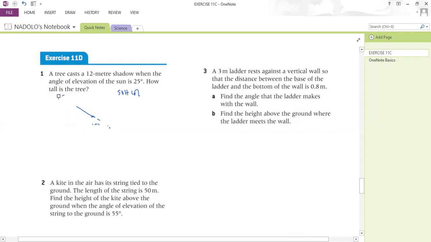Let's sketch the problem. So let's say this is the tree, and then this is the level ground. If this is the top of the tree, the tree will cast a shadow on the ground that they are saying is 12 meters. So let's say up to this point. If this is the sun rays hitting the ground, the angle of elevation that it makes from the ground should be 25 degrees. We consider the ground at eye level,